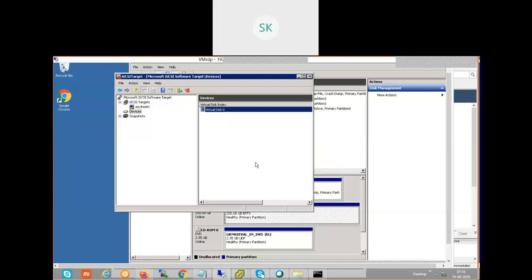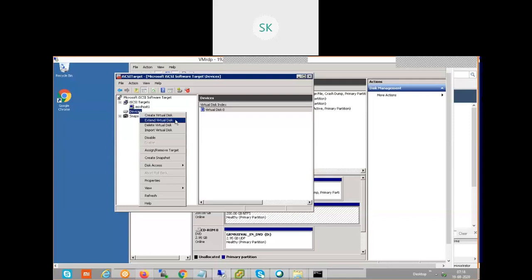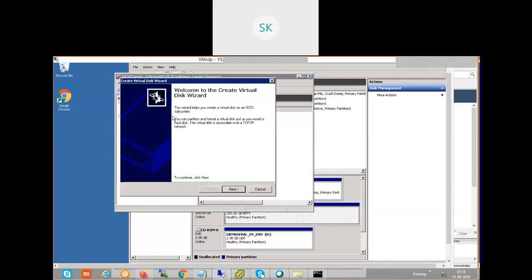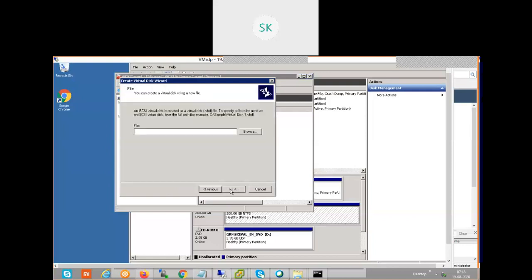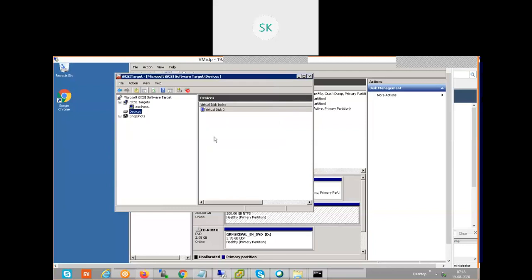Now let's see, I'm going to create a new disk with 10 GB, just 1024. Create a new disk. Let's see how it is going to be represented and how it is going to access the target server. Next, I'm going in a different direction. Now I'll first create a target and then create a disk. Cancel here. Go to iSCSI targets and create a new one.